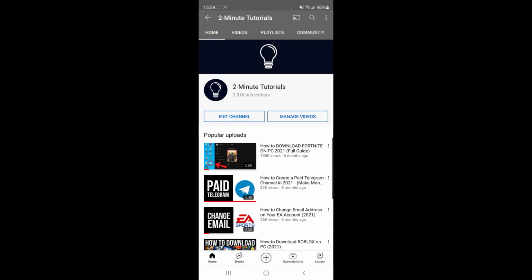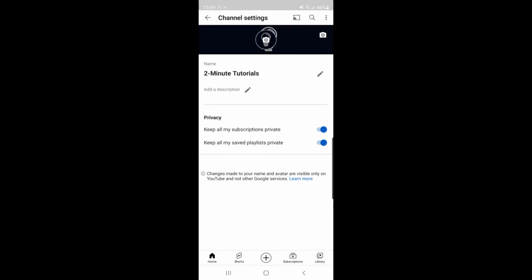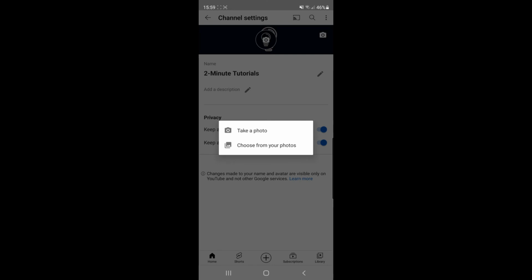And once you head over to your channel, you can now click on the edit channel option. And once you click on that, you'll be sent to this page here. And from here, what you need to do is go to the camera in the top right hand corner of your banner. Once you click the banner, you can simply take a photo, or you can choose a photo from